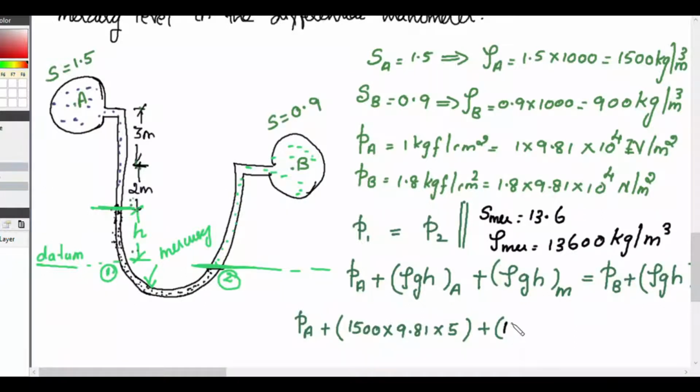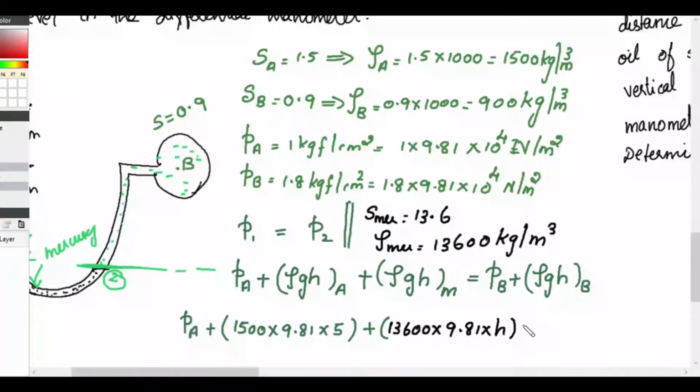So mercury density is 13,600 into g, 9.81, into h, is equal to pressure at B plus rho g h. Here the density is 900 into 9.81